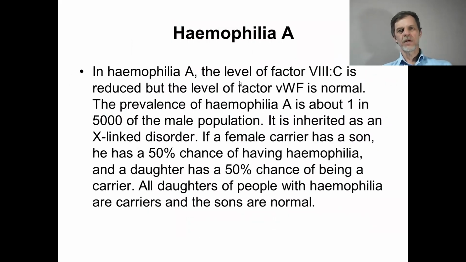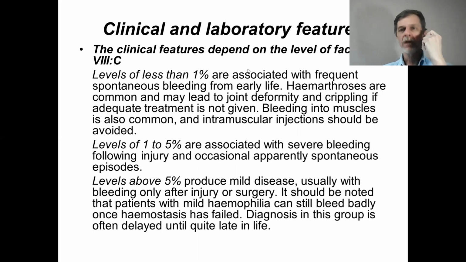So in hemophilia A, the level of factor 8 is reduced, but what else can we say? Practically, it never happens that a gene is simply present or absent. Usually we have some percentage of action. For example, normally the gene is 100% acting and produces 100% of coagulation factors, for example 8 or 9. Then it may be defective and produce 50%, 30%, 10%, 2%, 1%. And that's why we see that levels of less than 1%, just imagine, 100 times less than normal,